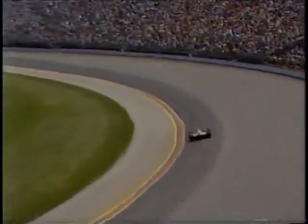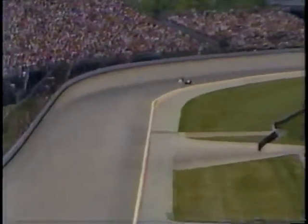Well, we watch him come off the turn right there, and he just about touched the wall, Paul. He's been very consistent, though, in speed. 213 down the backstretch again, as he is on the main straightaway. They show him 209 miles an hour for that lap, as Randy Lewis, on his qualification run at the Indianapolis 500, has completed his fourth lap now at